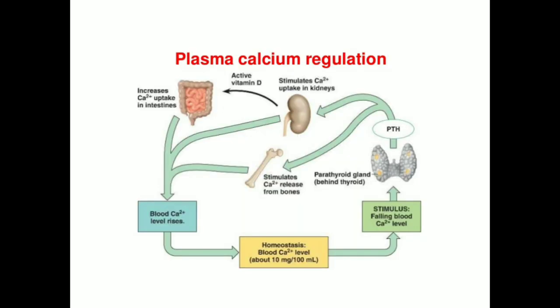Now we will not go into too much detail of how calcium is regulated because today we are only focusing on the methods of estimation, but as I have said, it is vitamin D and PTH which mainly regulate the calcium level. Vitamin D mainly increases the absorption of calcium from the GI tract, and a little bit from the kidney. Parathyroid hormone helps in the resorption of bone, so it releases calcium from bone, and both of them ultimately try to increase the blood calcium level and bring it to the normal reference range.